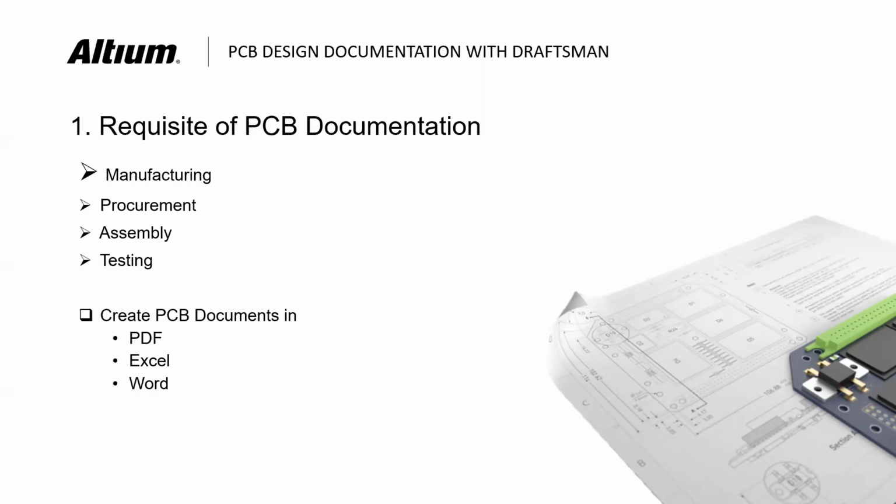Next, for your components, we need to purchase some of them. For that we need to create a list, a table, and pass it to the purchase department so that they can buy for us. This you can generate from the Altium software. Similarly, you can also do it for assembly, output, and testing. These outputs you can generate as PCB documents, which we need to give to others for essential purposes.